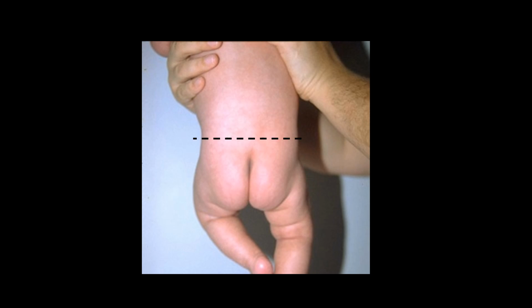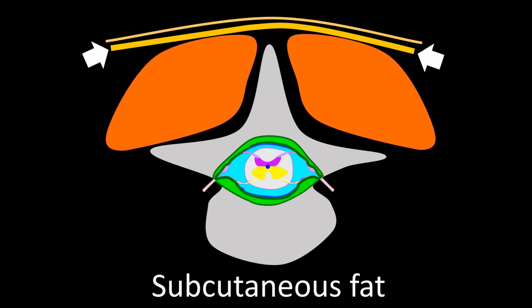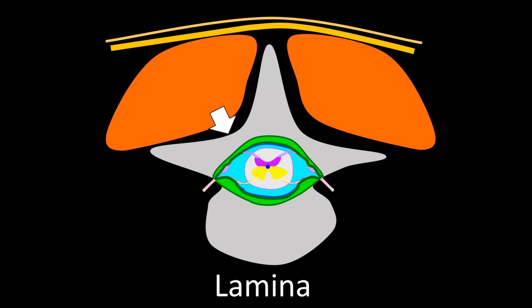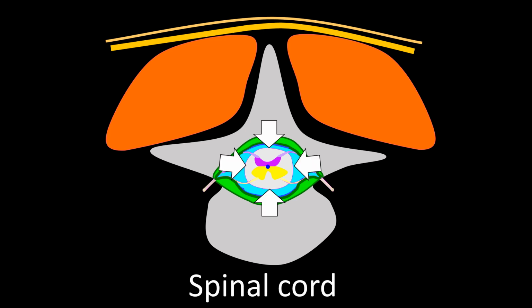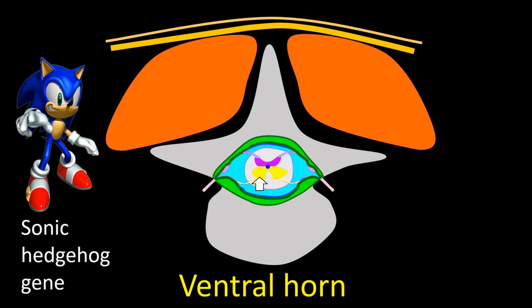I will now schematize the structures present at the level of this line to better explain the different types of spinal dysraphism. At the indicated level, we will see the skin, the subcutaneous tissue, the erector muscles, the spinous process, the lamina, the transverse process, the vertebral body, the spinal cord enclosed in the arrows in this frame, the central canal, the ventral horn whose development from the basal plate has been influenced by the sonic hedgehog gene,